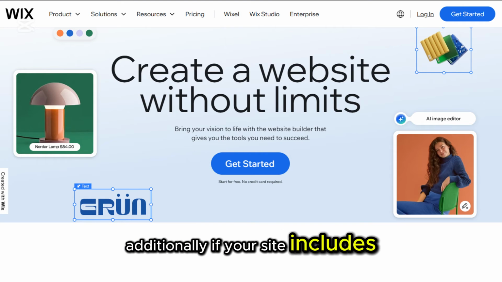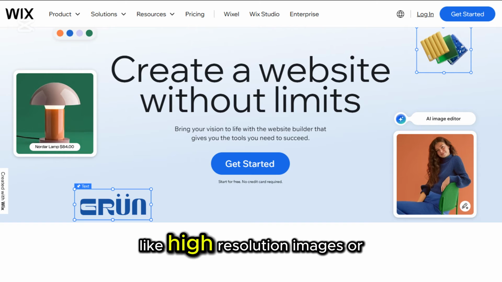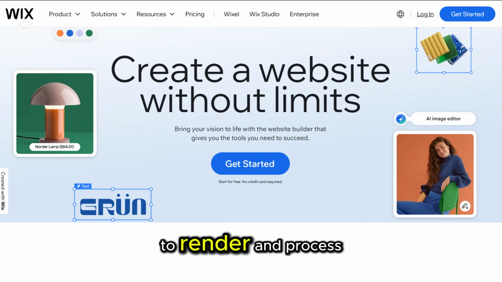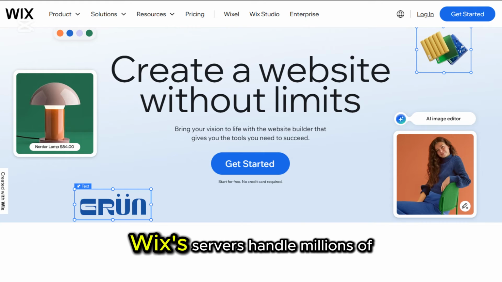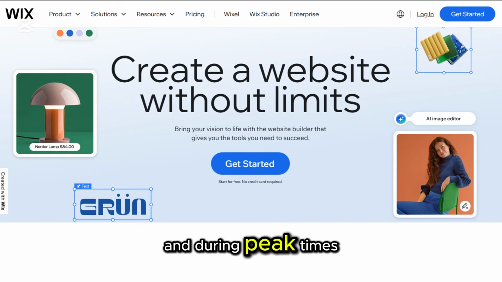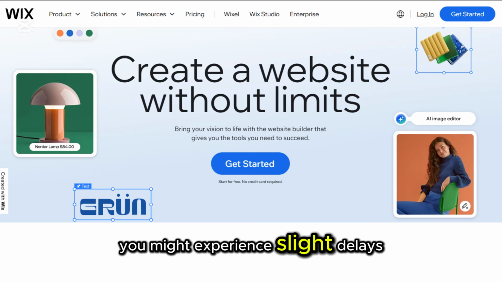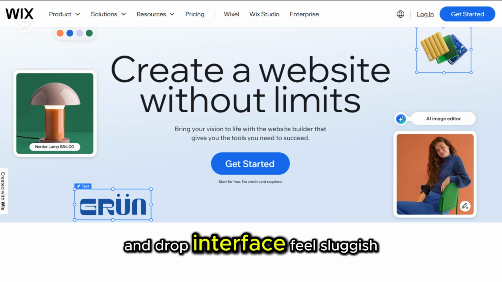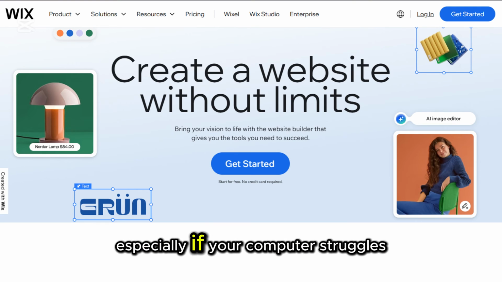Additionally, if your site includes heavy media files, like high-resolution images or videos, the editor might take longer to render and process updates. WIX's servers handle millions of users worldwide, and during peak times, you might experience slight delays. Editing on an older or less powerful device can also make the drag-and-drop interface feel sluggish, especially if your computer